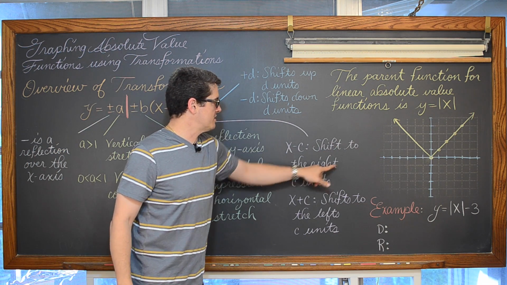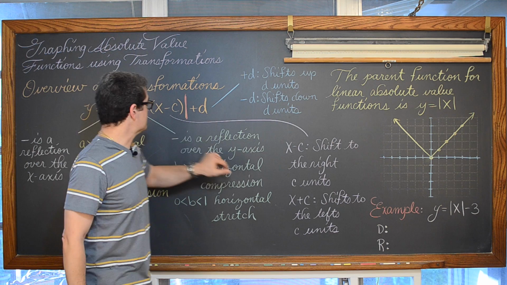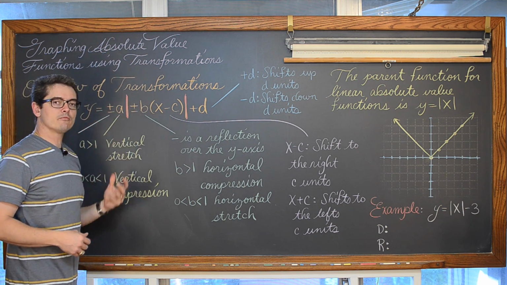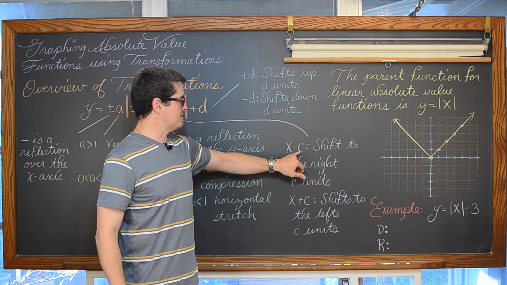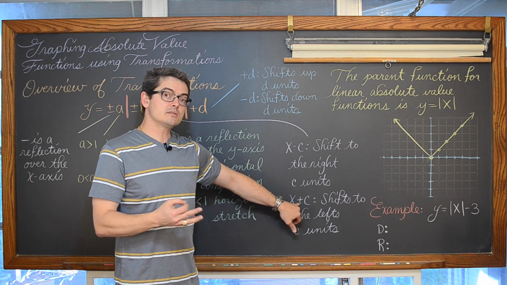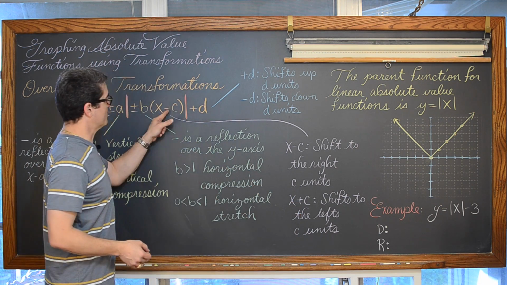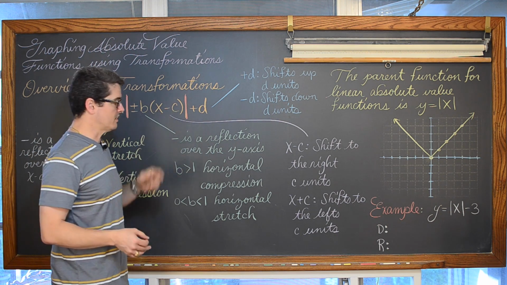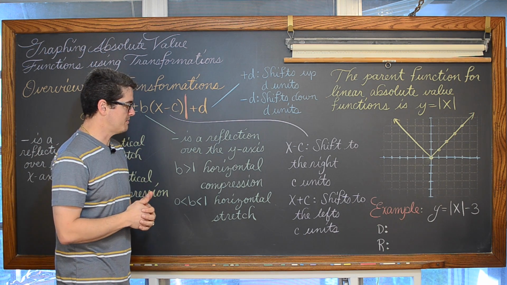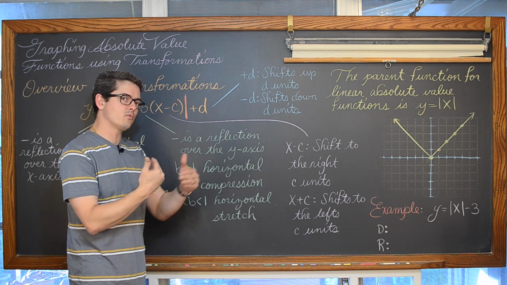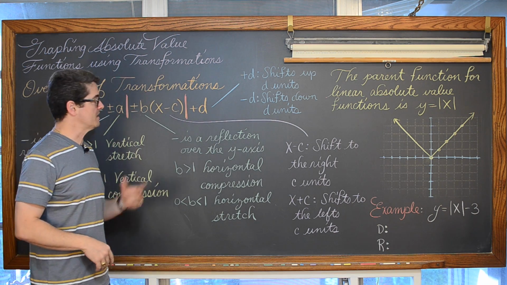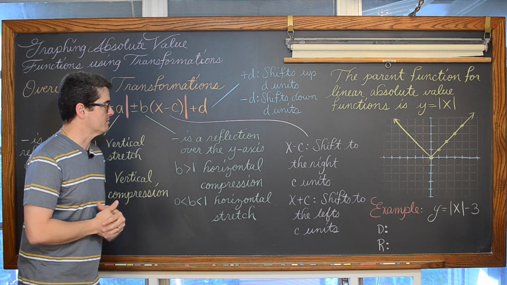So x minus c is going to be a shift to the right c units, because the minus, the negative, is already in this sort of standard form for transformations, if you will. So if you have x minus c, really that means that the c value is positive. And if you have x plus c, then the c value that is in here would have to be negative to cancel with the negative that's already in the formula. So that would be a shift to the left c units, because actually c is negative and not positive. See that backwards and forward, that's sort of reverse of what you might expect, or the opposite of what you might expect for these transformations that are inside your math function. In this case, absolute value, could be square root, could be logarithms, etc., etc.